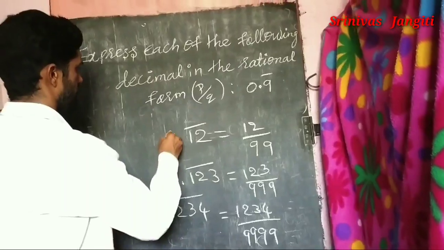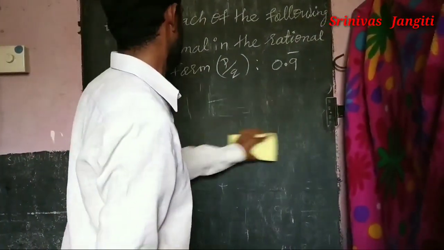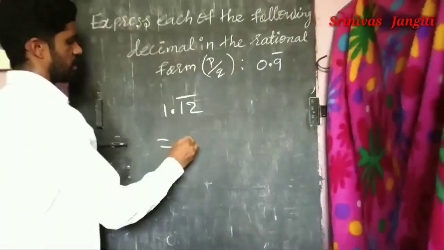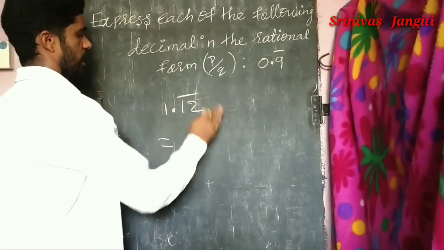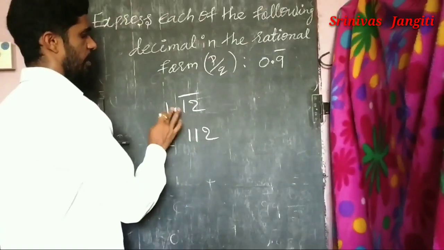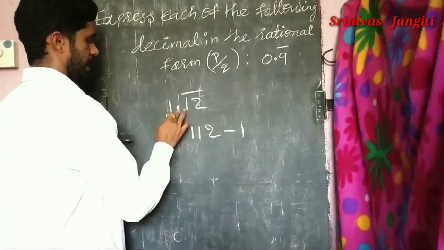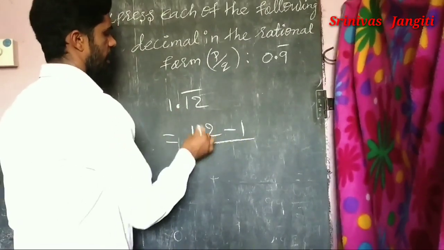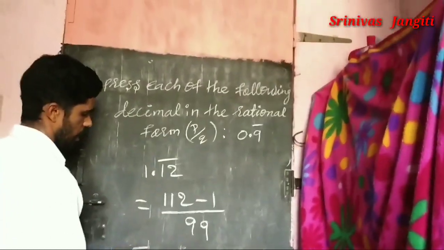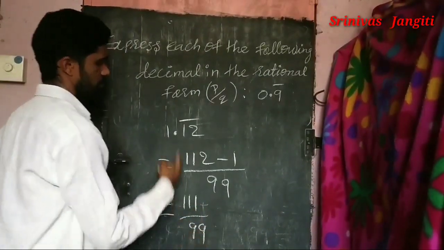Suppose it is a 1. Many members are confused by this problem. So observe here. So simple this is. 1.12 bar. Here nothing. What do you write here? This total number, 1, 1, 2 only. Now this total number means 112. And what is the number before the point? One number, 1 only. Point before, 1 there. That is 1. By what is the periodicity? 1, 2, so 2 nines down. And 112 minus 1, 111 by 99.